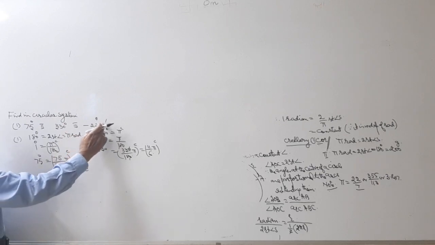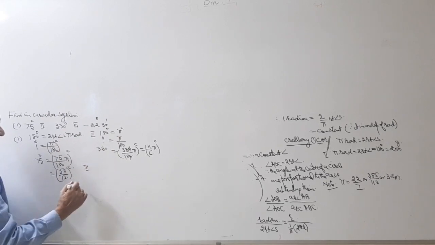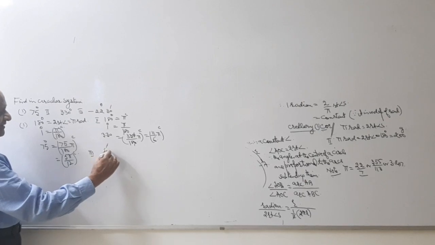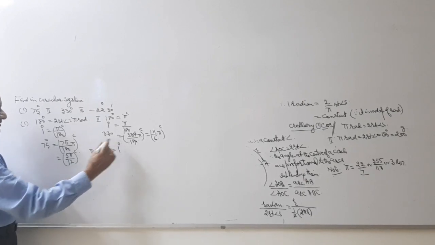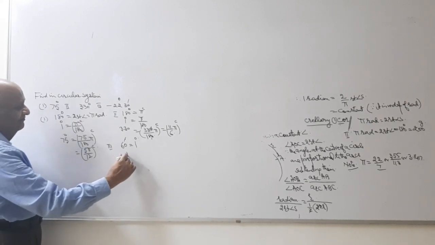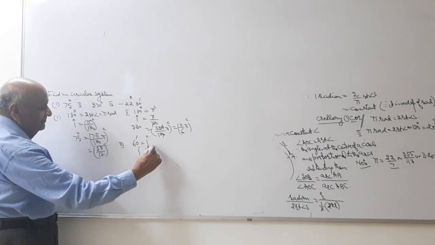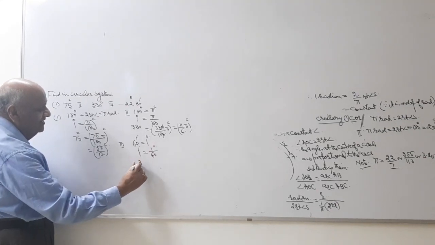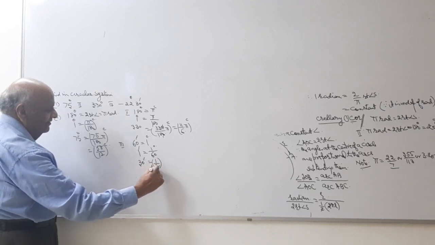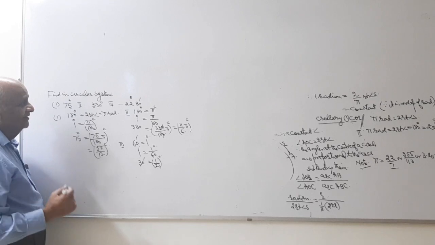First of all, convert 30 minutes into degrees. See, how much is it? 60 minutes is equal to 1 degree. Use the scale. 60 minutes is equal to 1 degree. 1 minute is 1 upon 60 degrees. And therefore 30 minutes is equal to half degree. That is, 30 minutes is equal to half degree.